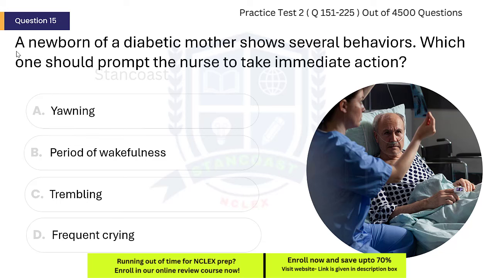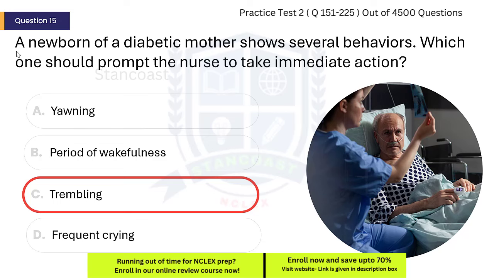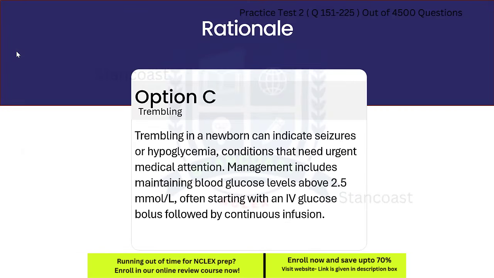The correct answer is C. Trembling. Trembling in a newborn can indicate seizures or hypoglycemia, conditions that need urgent medical attention. Management includes maintaining blood glucose levels above 2.5 millimoles per liter, often starting with an intravenous glucose bolus, followed by